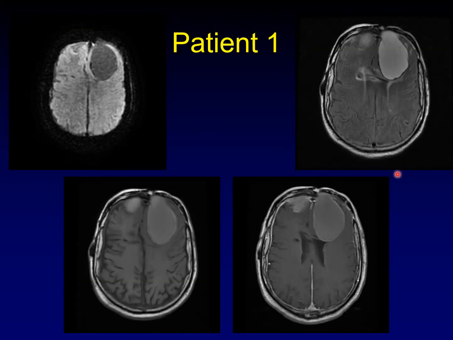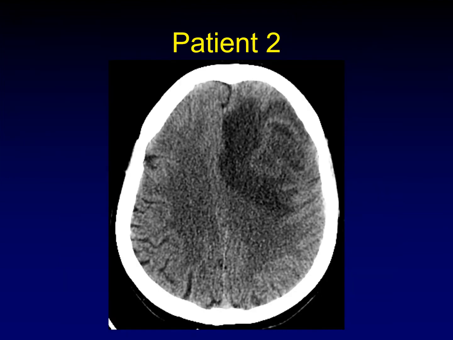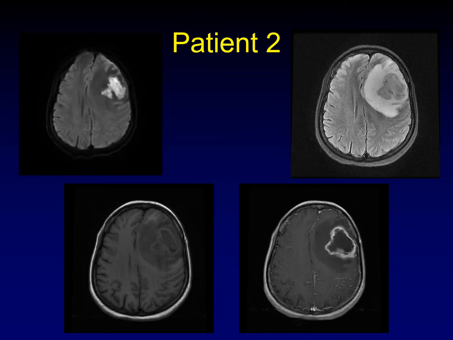Here's some MR images of patient 1 that might help you out. You can pause here to take a careful look at these MR images. Here's patient 2. This patient has a large frontal mass. Patient 2 also has an MRI, and again, you can pause here to see if you can figure out what